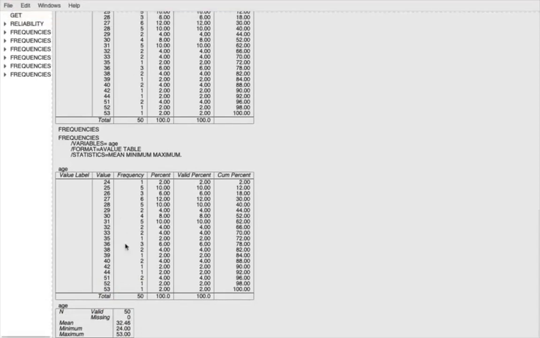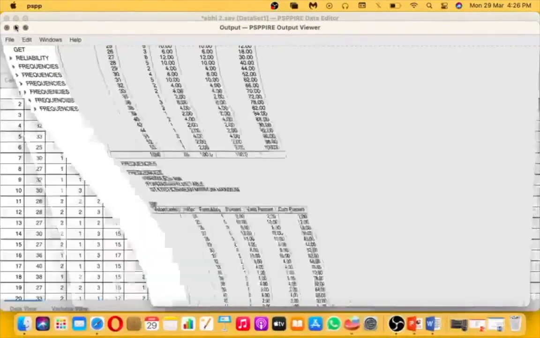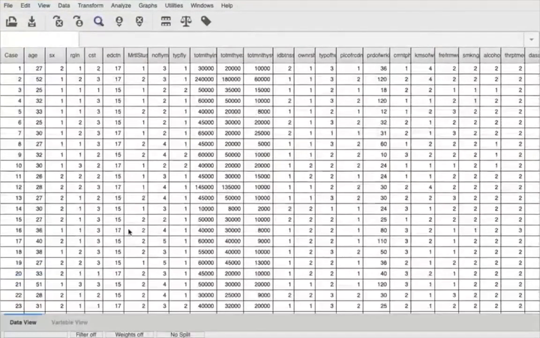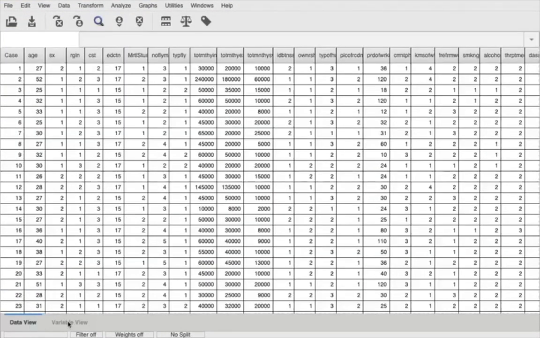Now, why do we need to know this average? Based on this only, we are going to categorize the respondents. So, let me go and categorize it quickly. We know the mean, just remember 32.46 is the mean. Let me minimize. So, what are we going to do now? We want to get it into categories, no? This is in continuous form, and we want to interpret the data. So, what we need to do is categorize it.